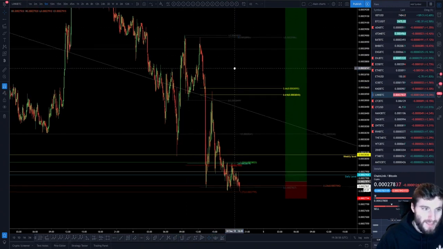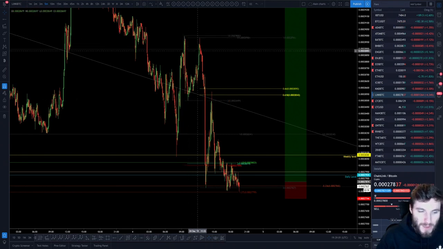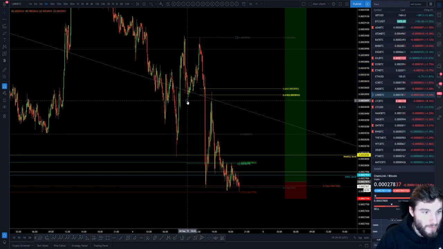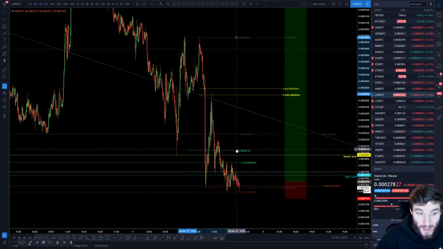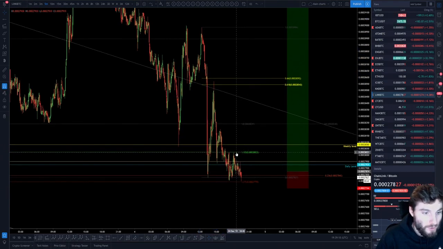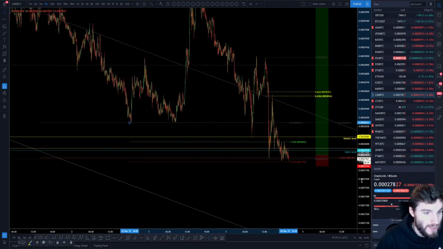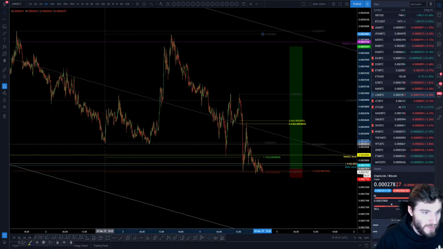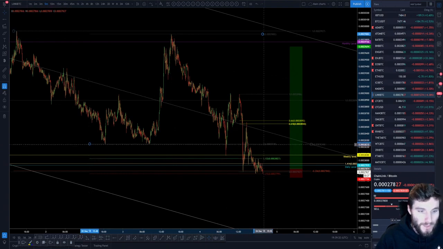Obviously here the negative and the extension are going to be very close together because the pivots are very close, but let me remove each one as I go through them. From the high down to the low we've got the negative, then from the low up to the high we've got the expansion of the 2. Then we've got the 1.13 to 1.272 lined up here, and this is from the bigger pool, from the last swing low up to the swing high. Again, the confluences on this daily and weekly level.